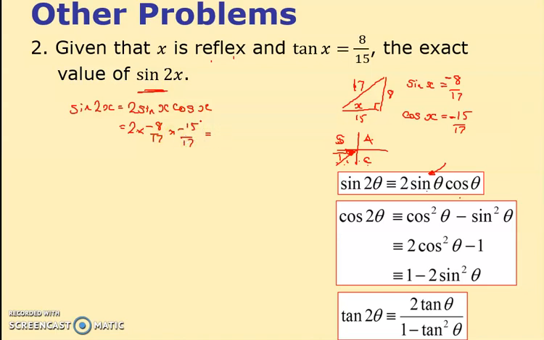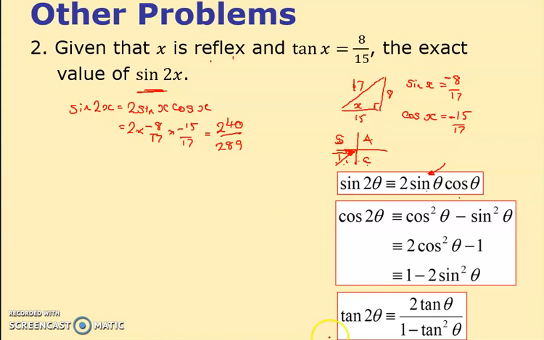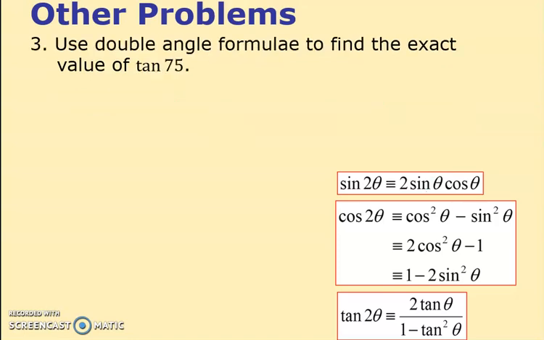So if we just do it on a calculator, what have I got? And I get 240 over 289. So let's see if that's right. 240 over 289. So far so good. We've got a third example, but this is the last one, so then you're back to working from the book